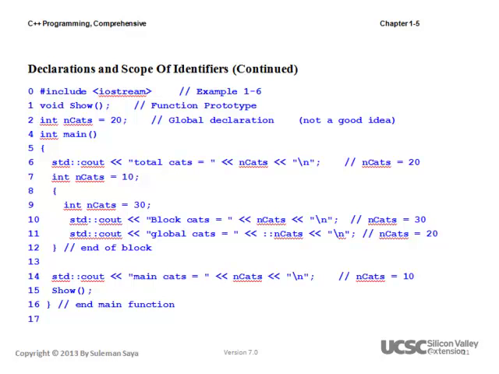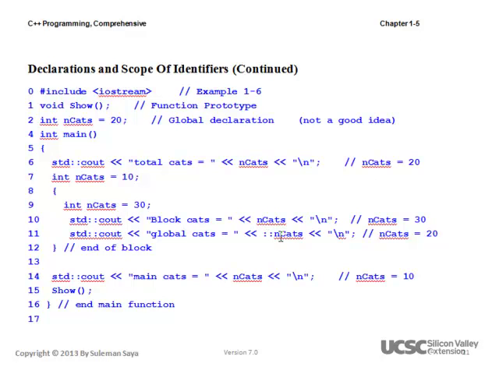The ncats in this case will be displayed from line number 9. So it will display 30. At line number 11, I want to be able to display the global ncats. As you can see at line number 11, I have